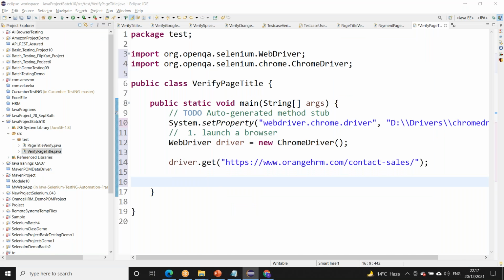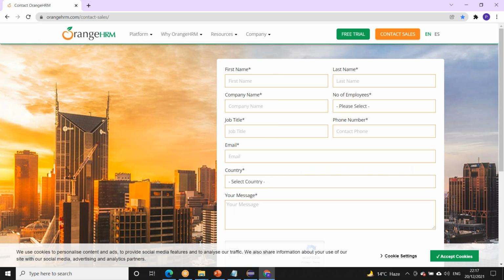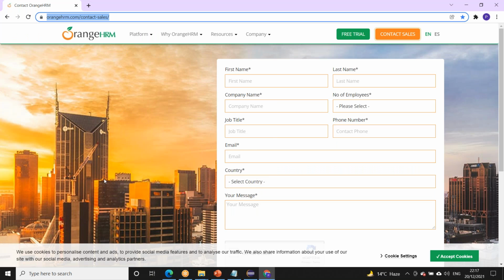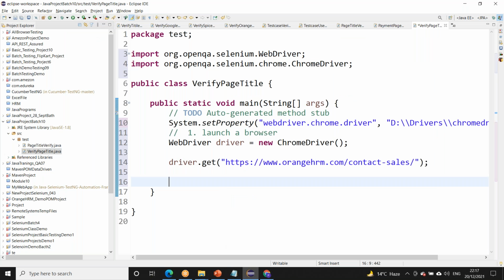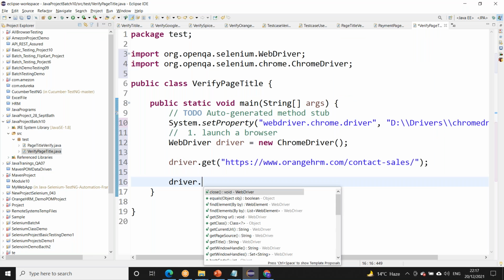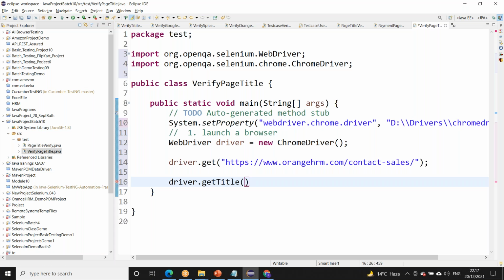And now our driver is pointing to this page. The URL is launched. So our driver is controlling this page. Now you can write commands, driver.getTitle. So getTitle will return the title, which means I have to store it in a variable.